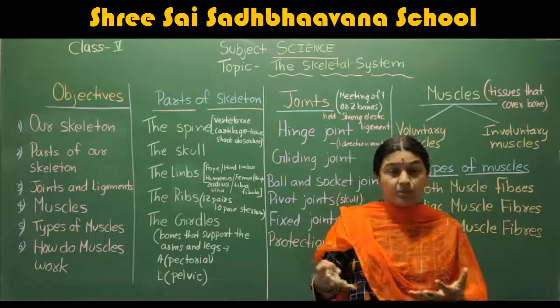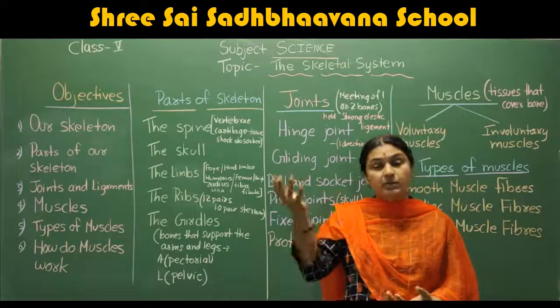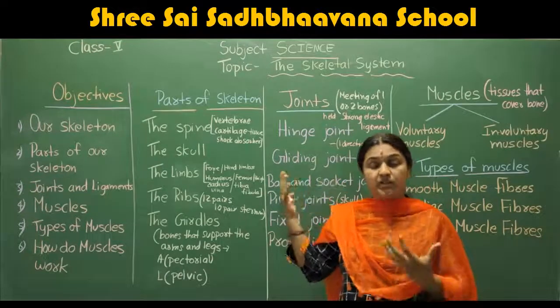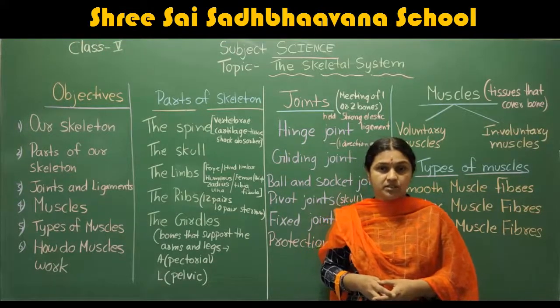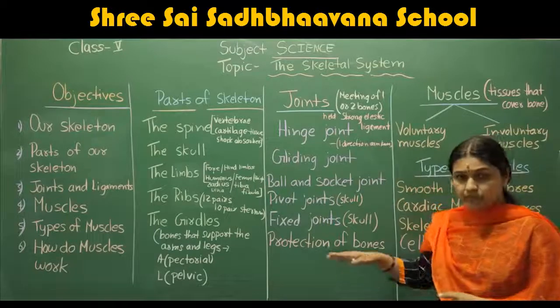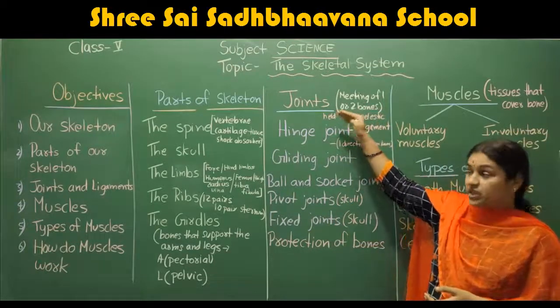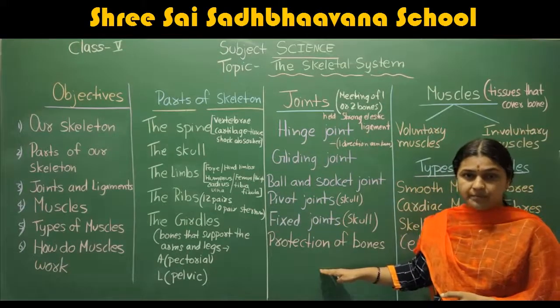By mistake, if you meet with an accident, the helmet will protect the brain, which has the skull. Inside the skull, we have another important organ, which is the brain. Right, children? So, with this, I hope you understood what are joints, what are the different joints, and how we are supposed to protect them.